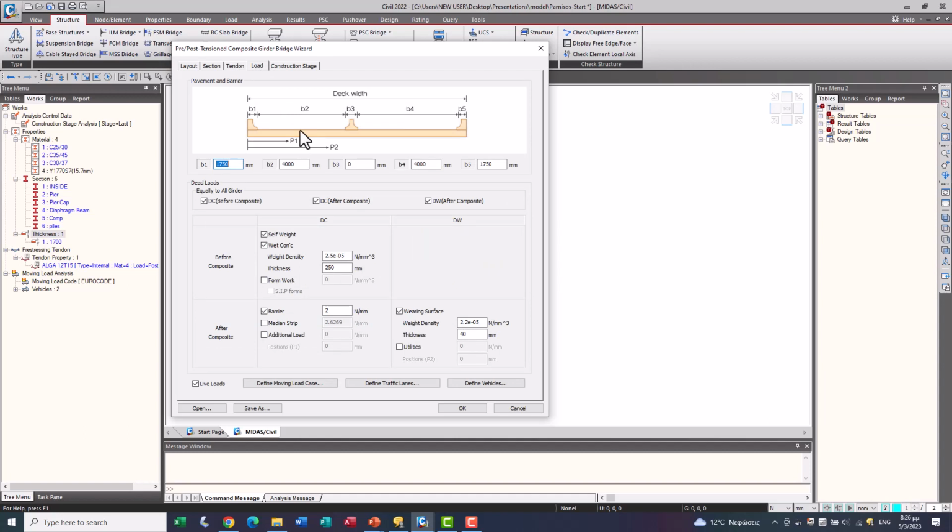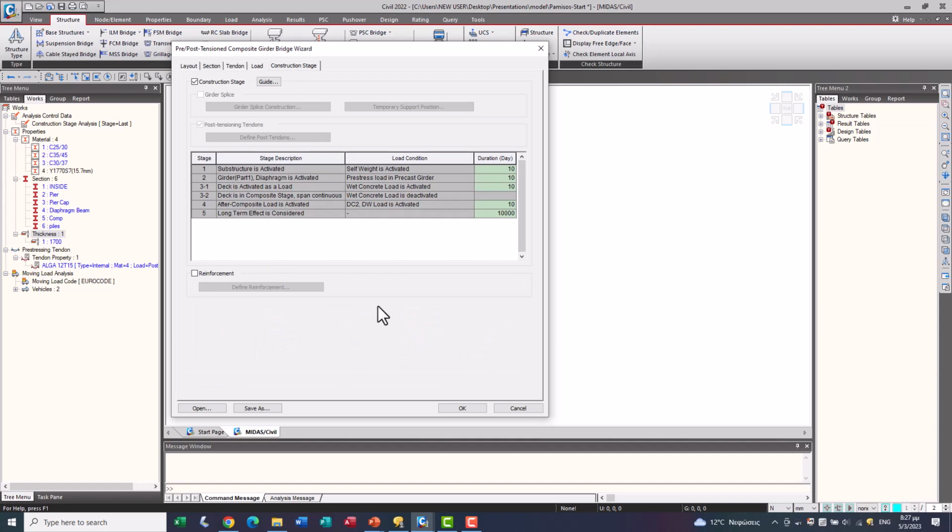Over here the user can input typical design forces, which will save the user time afterwards. This option allows the user to add loads such as self-weight, the weight of wet concrete, and the barrier. These dead loads can be applied to each construction phase automatically if the construction stage analysis is considered. Because the model is a highway bridge, moving loads such as traffic loads were also considered here. This can save the user time assigning them later in the process.